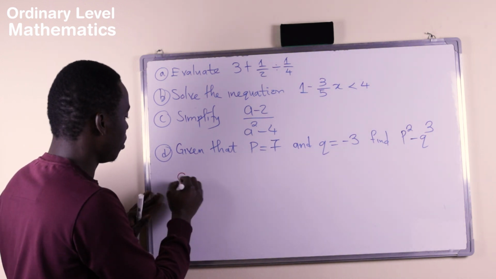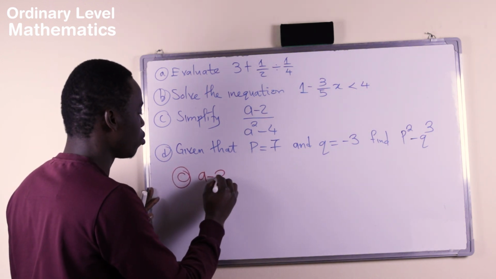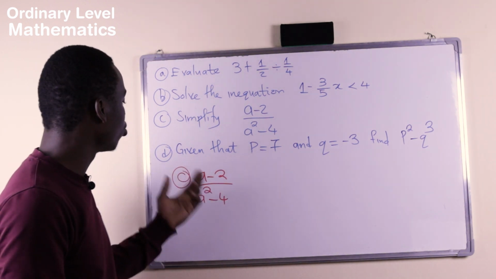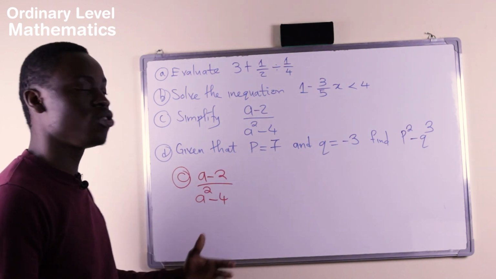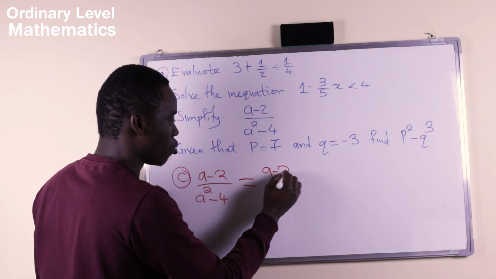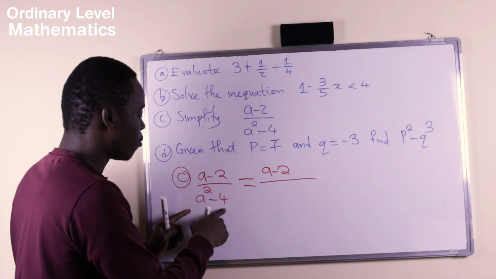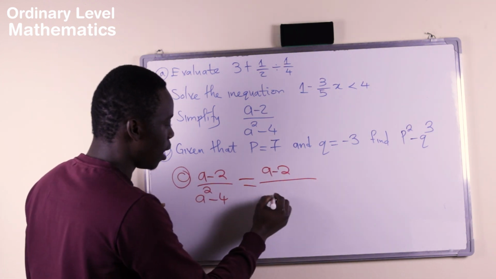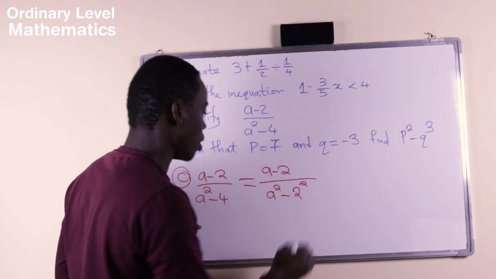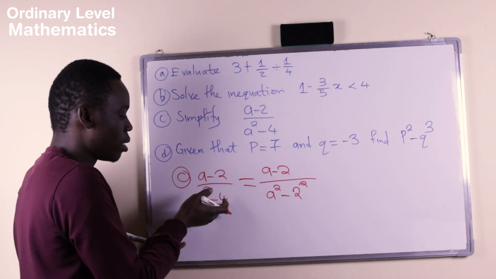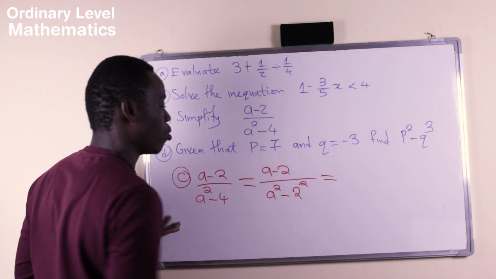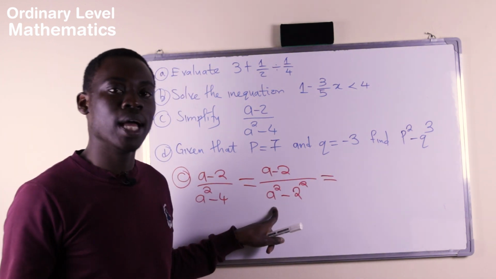Now, let's solve our third question, which is simplify a minus 2 over a squared minus 4. When you are simplifying, all you have to do is to look at what you have and see how best you can simplify it. So here, we're going to keep the numerator a minus 2 and divide it by a squared minus 4. This can also be written as a squared minus 2 squared. We've not changed anything, we've just changed the form of 4 into the form of an index, which is 2 to the power 2. And this is equal to what we call the difference of